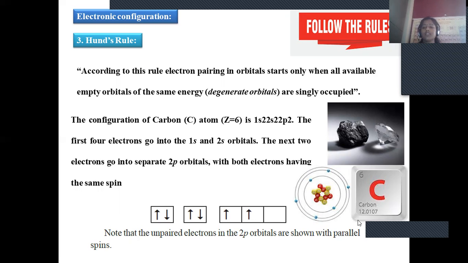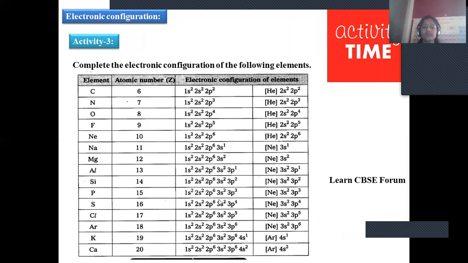Carbon has atomic number 6, atomic mass 12, and allotropic forms. So many allotropic forms are available for carbon. The amorphous form includes coal, and the crystalline forms include graphite. This is extra information we are discussing in connection with carbon. Hund's rule is nothing but: when degenerate orbitals are present, all the orbitals should be singly occupied, and only then will pairing be possible, right? So unpaired electrons should be present here in the 2p shell. This is in accordance with Hund's rule.